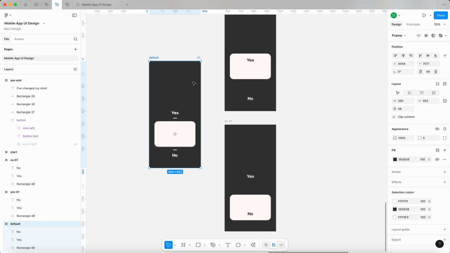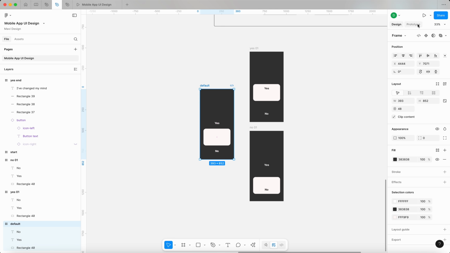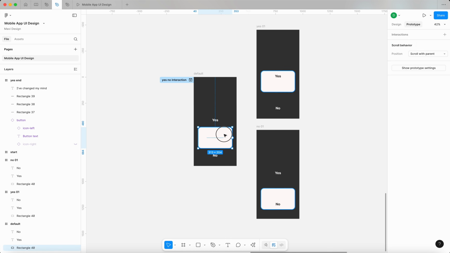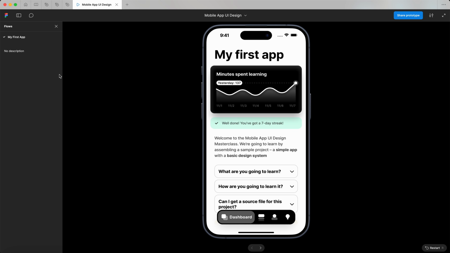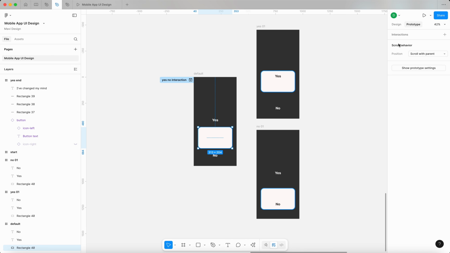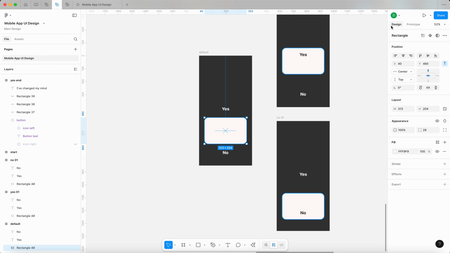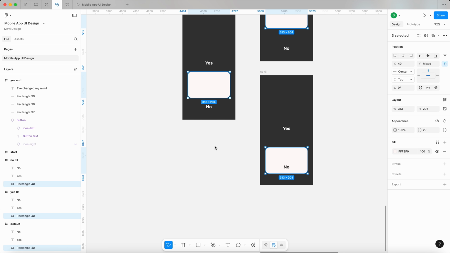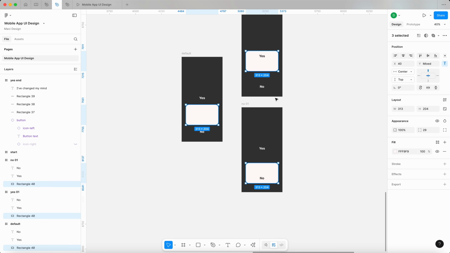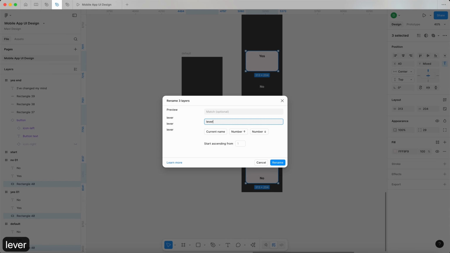And now let's do our first test. Let's do prototype and flow starting point. This could be yes, no interaction. First of all, I'm going to launch the prototype, and we should get another flow starting point, which is the yes, no interaction. Brilliant. And what I'm going to do next is select this element, and I'm just going to keep all of them properly named. So I'm going to rename this one on all the screens. So I shift selected all of these, right? Shift click on all these, Command R,